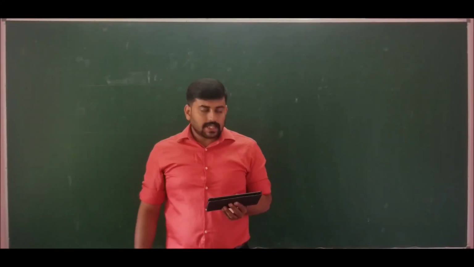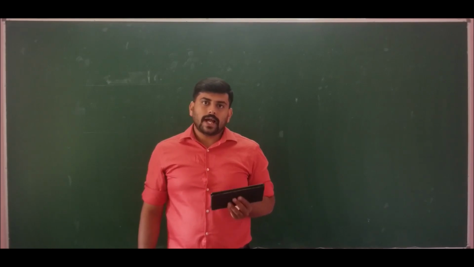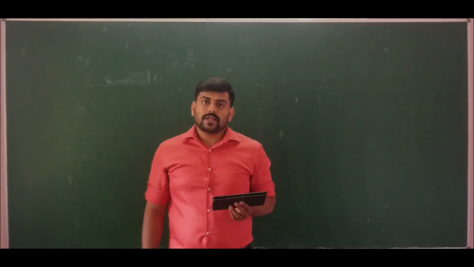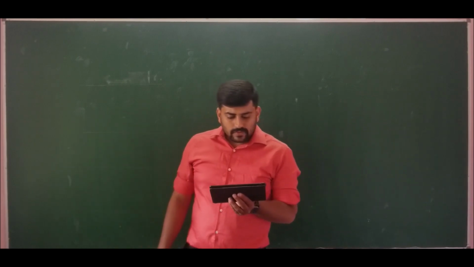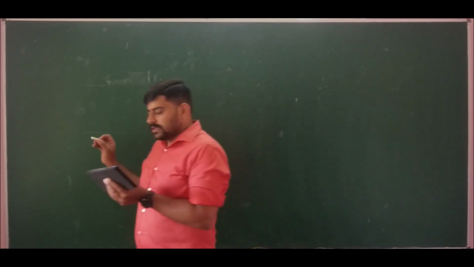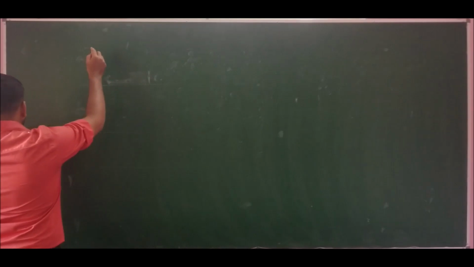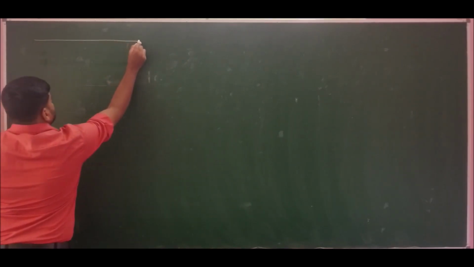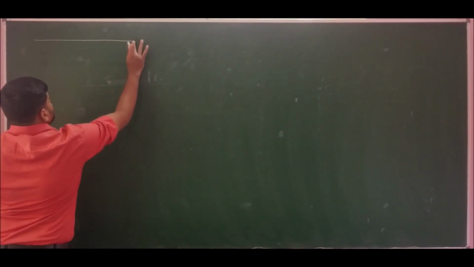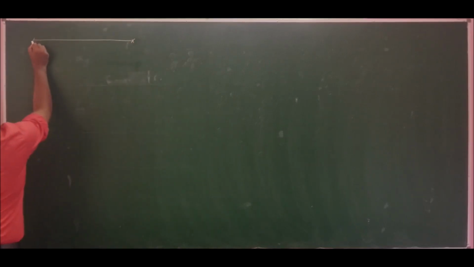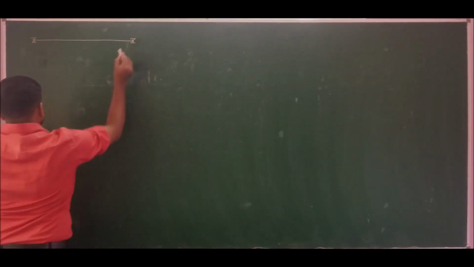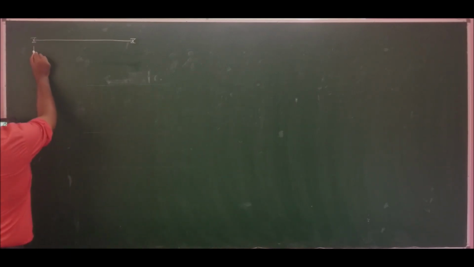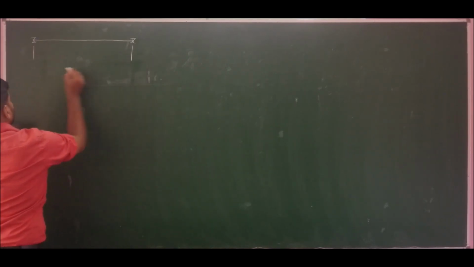So now to clearly understand this problem, I should note down the data and draw the space diagram, which is very important. So we have a line shaft which is supported at its extreme ends. Let me consider a shaft which is supported at its extreme ends like this, and the length of this shaft is given, which is 1400 millimeters.